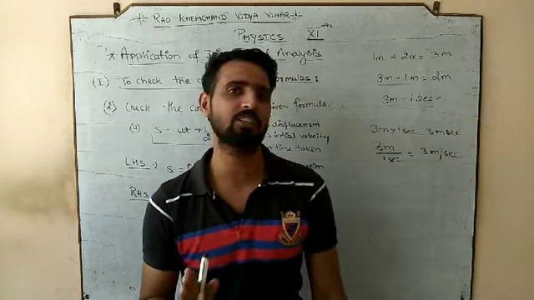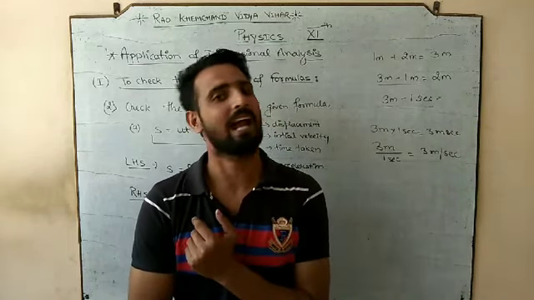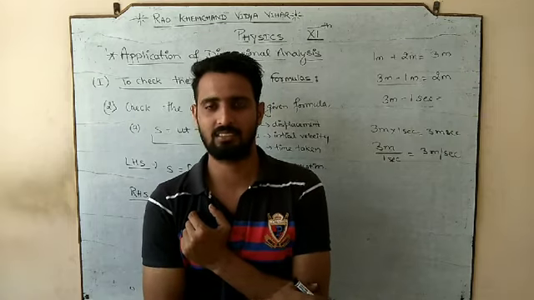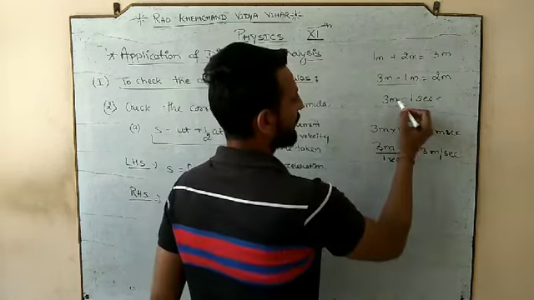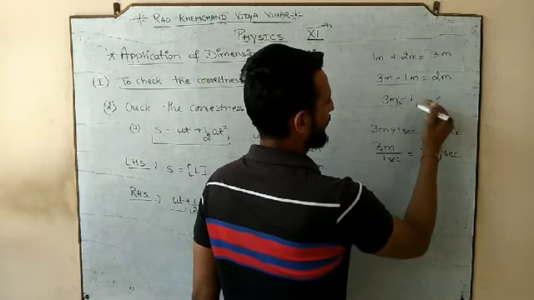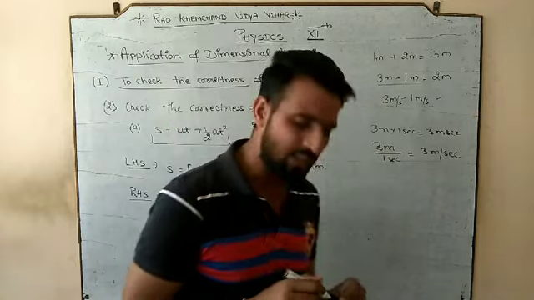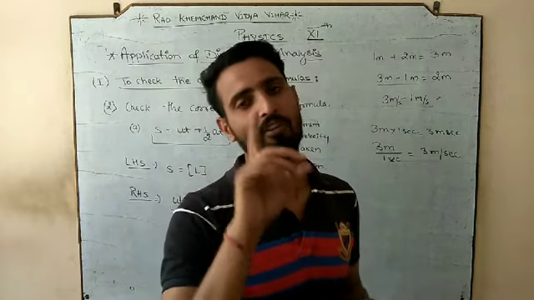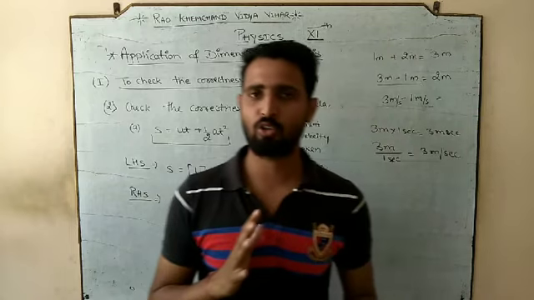You know this always. You have done this. You have never added 3 meter and second. You can do the same thing with the same quantities: 3 meter per second subtract 1 meter per second. You can do this. But you can only do addition and subtraction of the same quantity. This is the first thing that I want to teach.